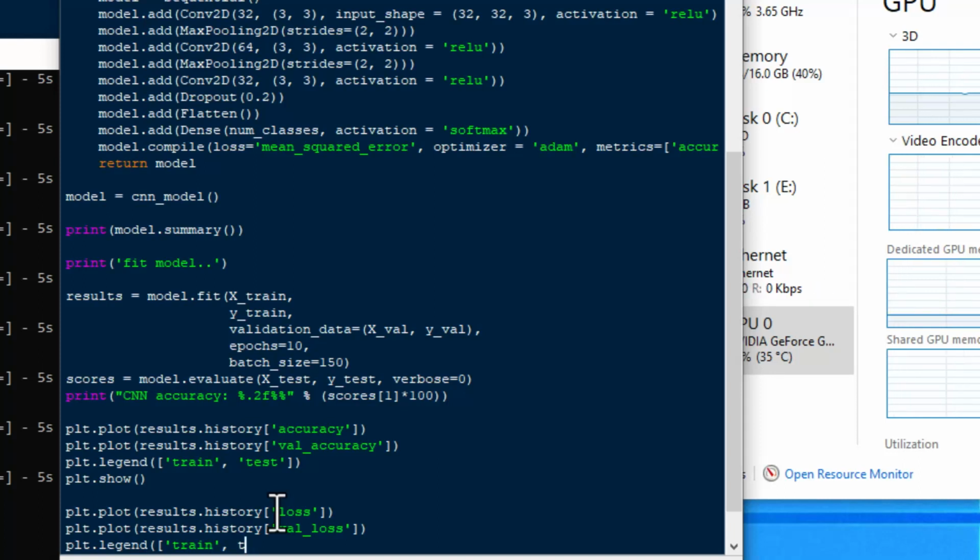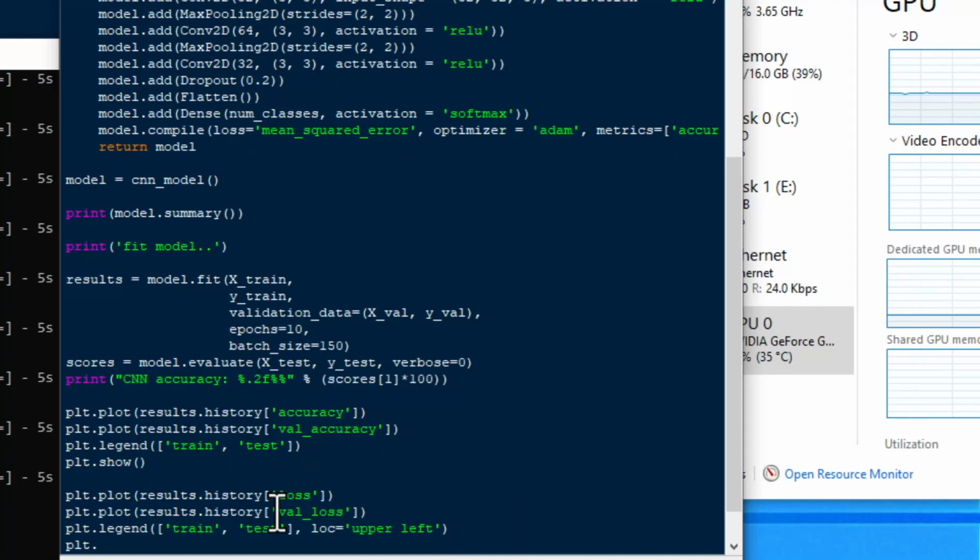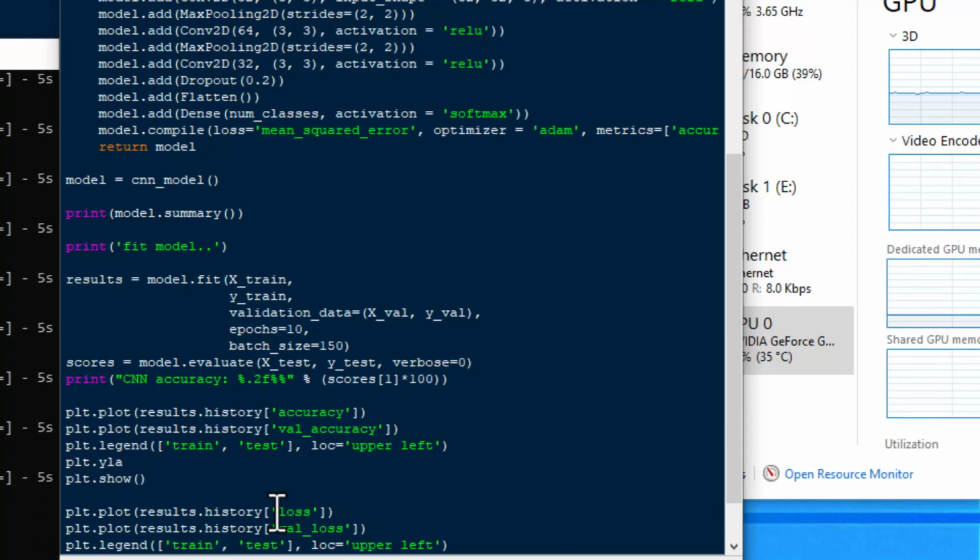And then we'll do our legend the same way that we did with the other one, but I will put the legend in the upper left there. I'm going to copy that and paste it into the other one there for accuracy, and then we'll show that one. So just very quick, we just wanted to add a little bit of code there that's gonna give us